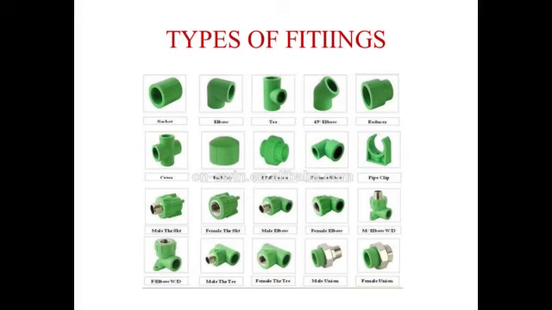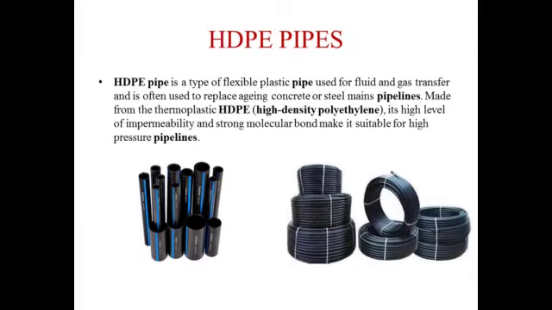Socket is used to join two pipes, and elbow is to join at the corners, and T is used to convert the pipe from one dimension to another dimension or direction. Next, 45 elbow, it is used in the direction where the elbow cannot be used. There we can use a 45-degree elbow. Reducer, it is used to reduce the pipe from one dimension to another dimension. Cross section, it is used to divide the water in different directions. End cap, it is used to close the pipe at the corners. Next, union, it is used for maintenance purposes. These are some of the fittings.